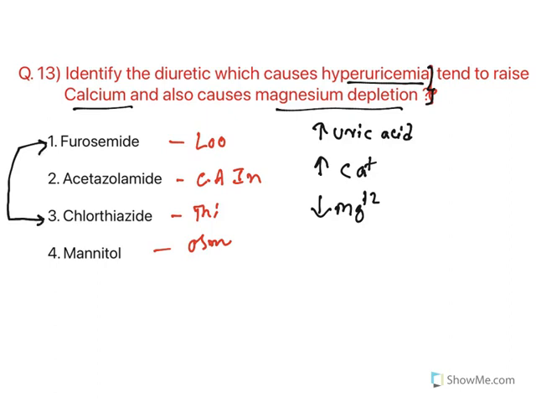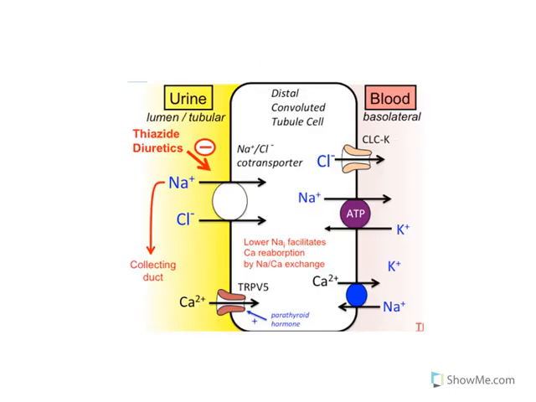But the important thing is increasing the levels of calcium. So in the body they will increase the levels of calcium. So this is shown by thiazide diuretics. How? Let me explain it. See, thiazide diuretics will be acting on this sodium chloride symporter. So this is the thiazide mechanism of action. So when they block the sodium chloride symporter, sodium chloride will go out of the body. So that reduces the levels of sodium inside this distal convoluted cell.